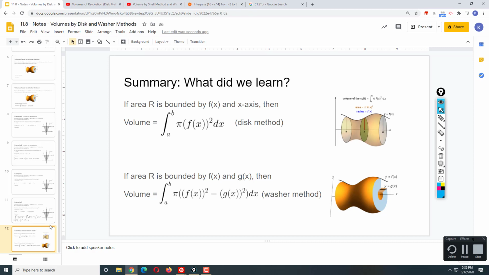Next, if an area R is bounded by f of x and g of x, and let's say that f of x is greater than g of x, then by the washer method, the volume is the integral from a to b of pi times the square of f(x) minus the square of g(x)